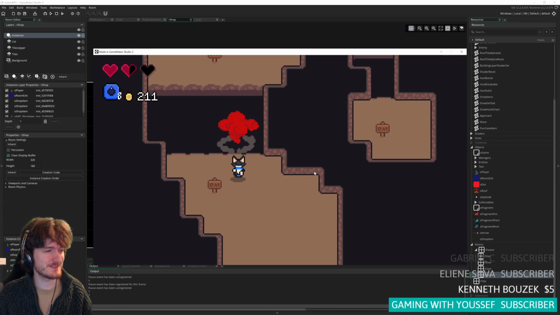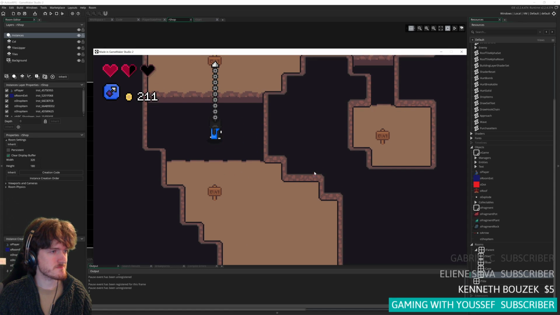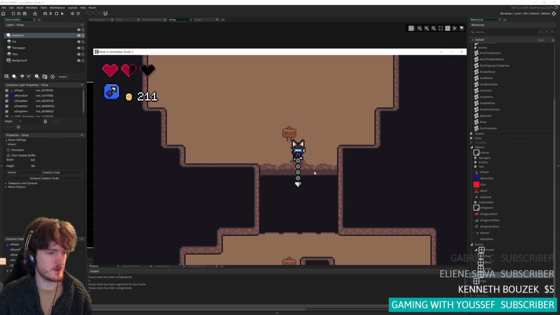Khajiit has wares. Oh yeah. Oh. Can't throw those across the hole. This is where the hat will be. Then